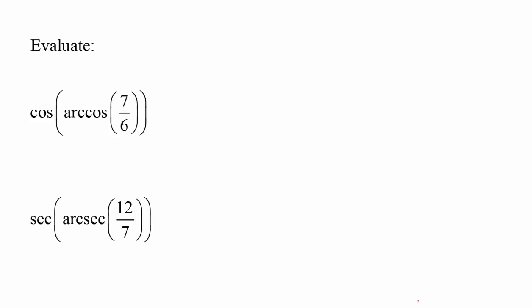Here we want to evaluate the cosine of the arc cosine of 7/6. Now, having an arc cosine on the inside, typically it's asking for an angle, the angle whose cosine is 7/6. Well, wait a minute. When you take the cosine of an angle, you always get an answer between -1 to